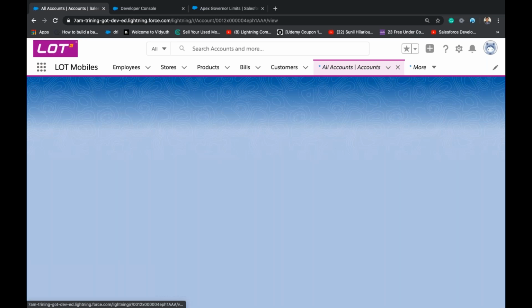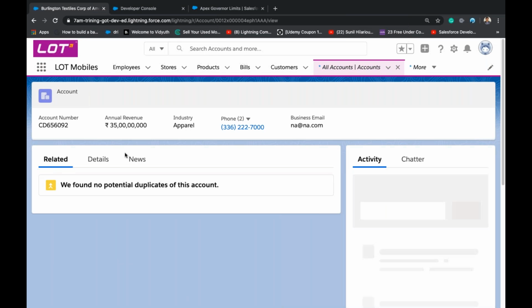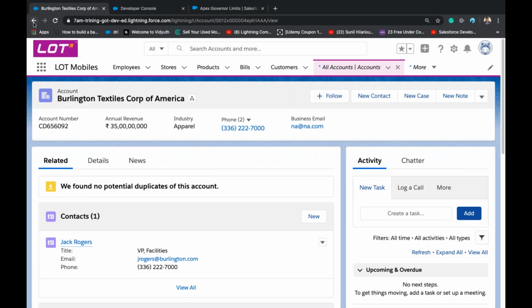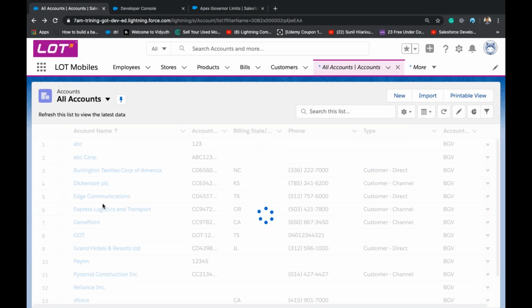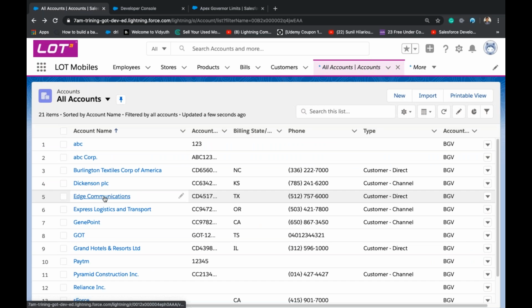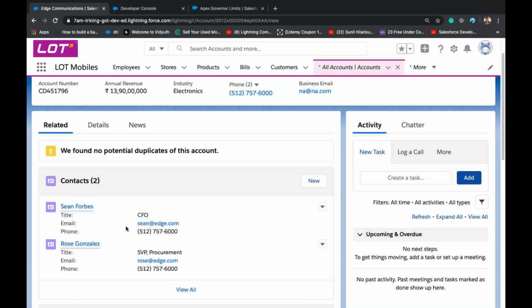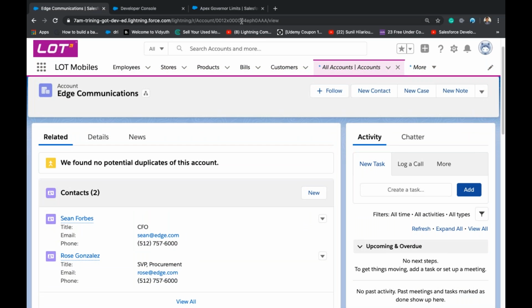So let's see any of the sample accounts. It has only one contact. I think this one should have two contacts. Yeah, it has two contacts. Let us pick this.